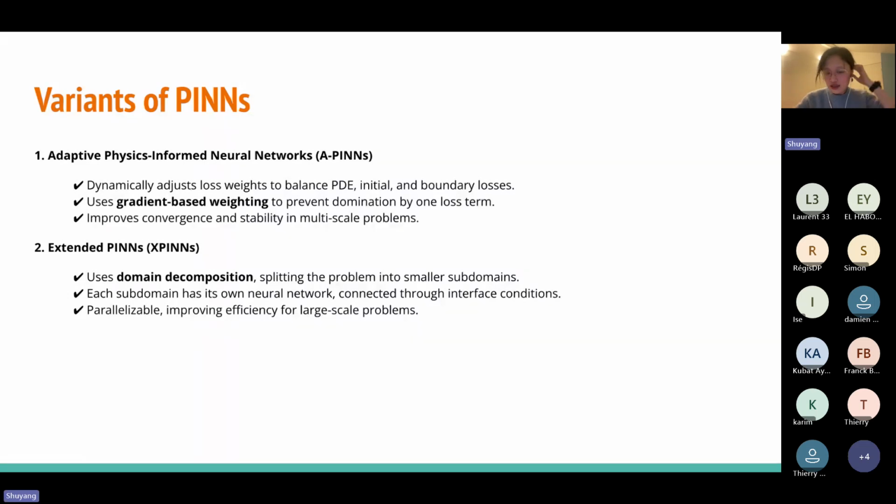But in general, the variants are all doing one thing, that is to introduce as much physics knowledge as possible to help the neural networks to know what it's doing. For example, if we're considering a solution with a conservation law in energy, we can introduce one